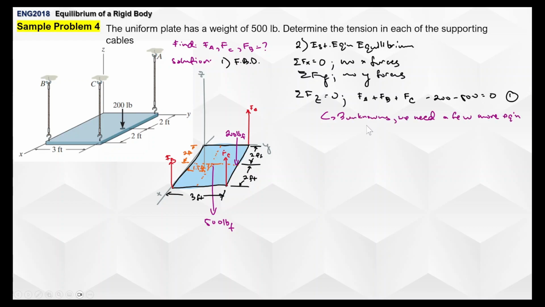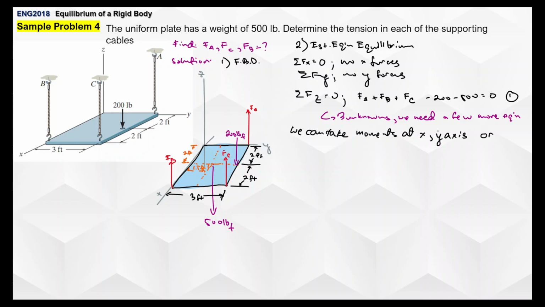We have 3 unknowns, so we need 3 equations. We already have 1, so we need 2 more. Next up, let's take a moment about the x. Technically, we can take the moments about the x and y axis to establish our 2 new equations,